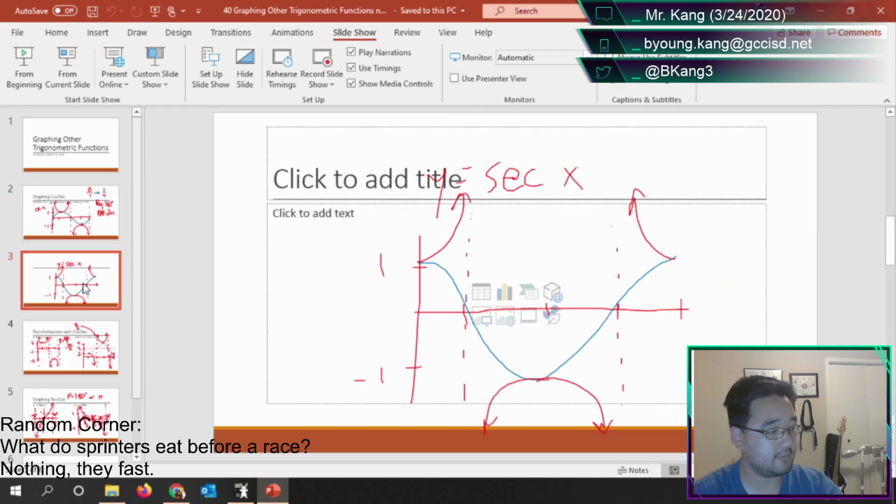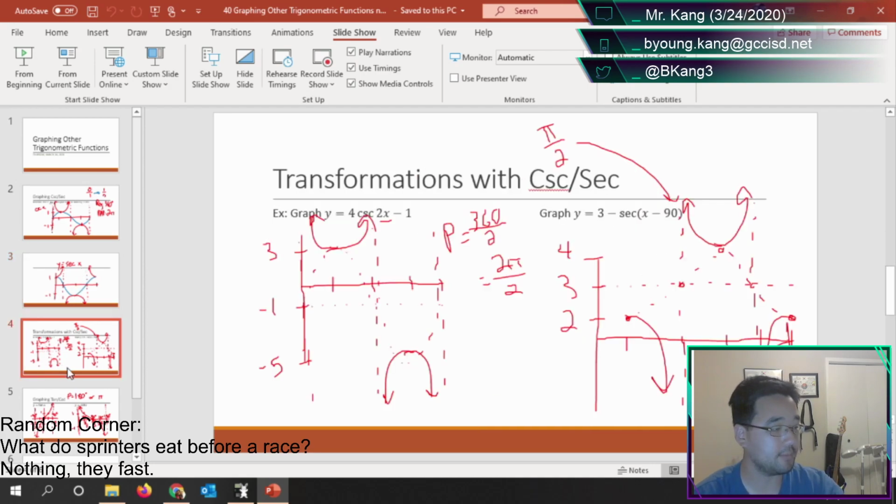So other than that, it's like an extra step you add to the end of a graphing sine and cosine problem, and that's why we spend so much time learning how to do all of the different things with sine and cosine, because once you see these problems, it is literally just the exact same thing as sine or cosine, except you add the one step at the end where you do the asymptotes and you do either the cosecant or the secant graph. So you still do the vertical shift, you still do the period change, you still do the phase shifting, you still do everything exactly the same, except you just draw a new picture at the end after you've done the sine or cosine part.